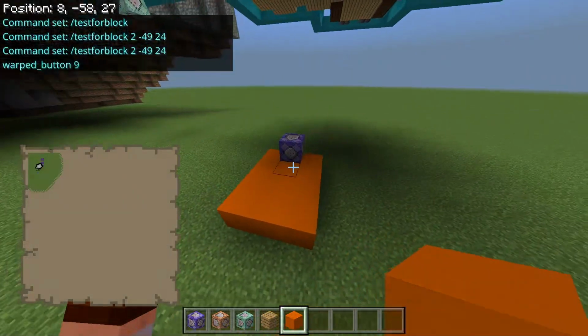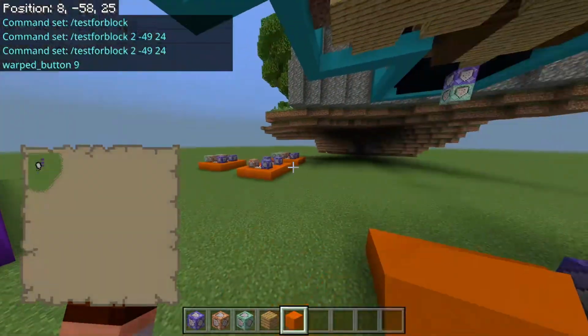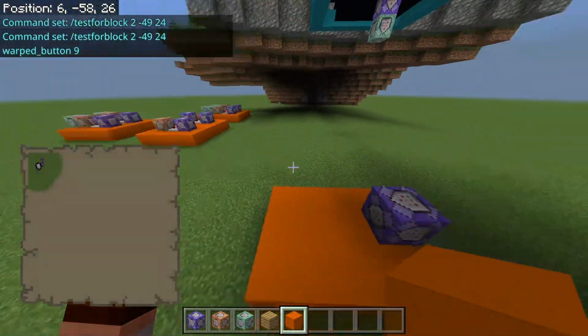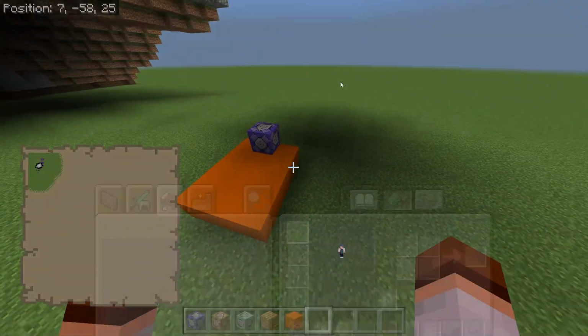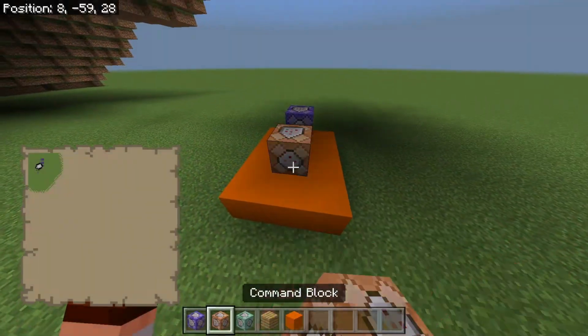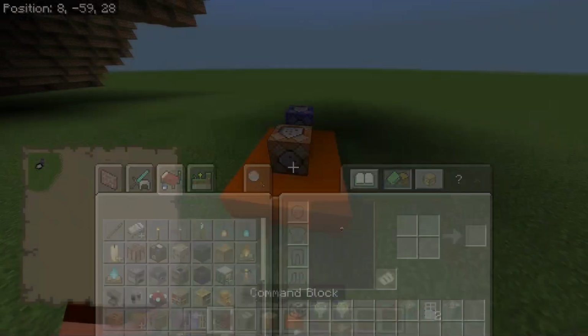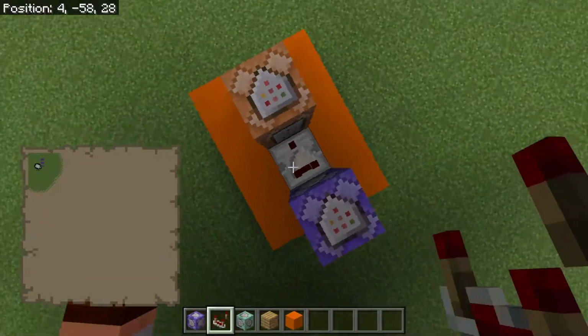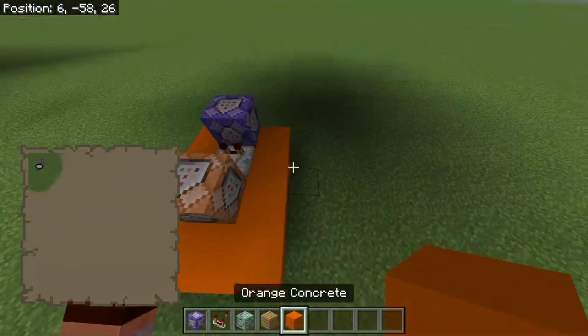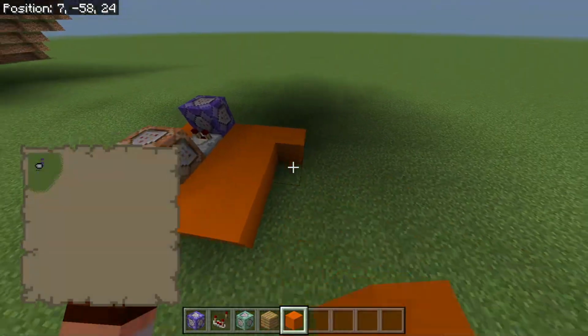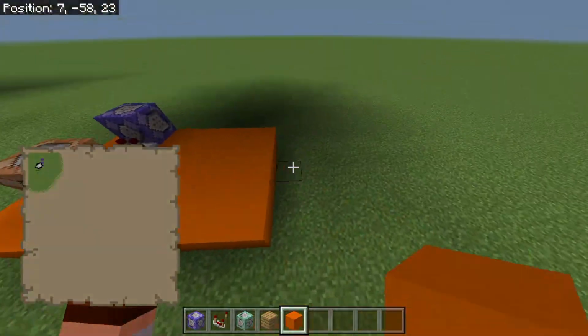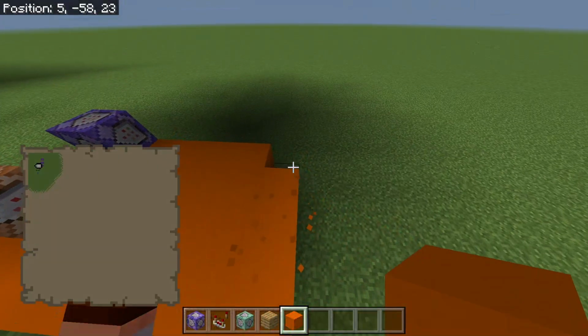Now this one's going to be a little bit bigger than those ones. Well, not going to be bigger than the power system, obviously. This is because we actually just need a regular command block and a comparator for this part. And this one's going to be a little bit more complicated because we're going to need